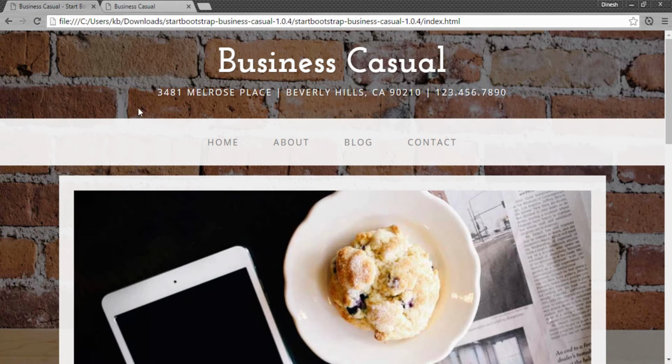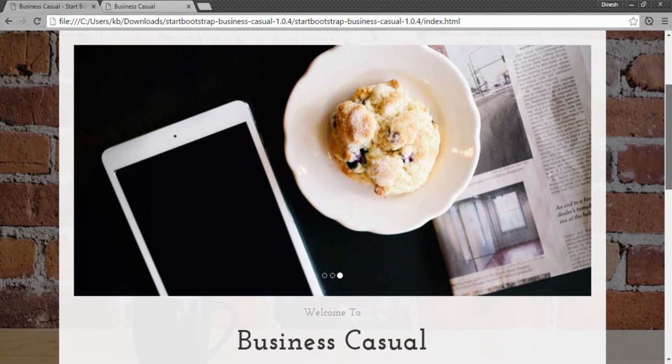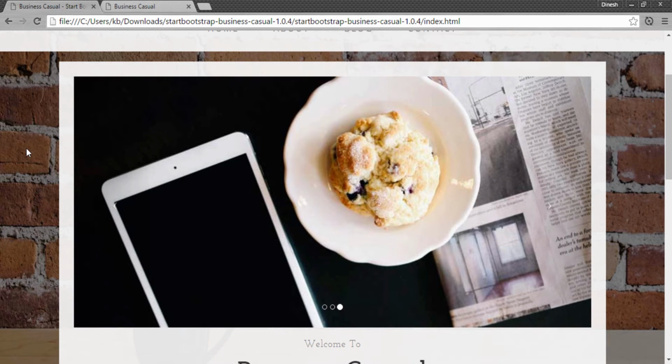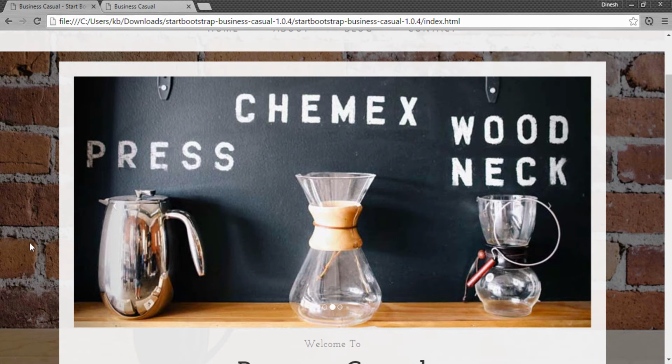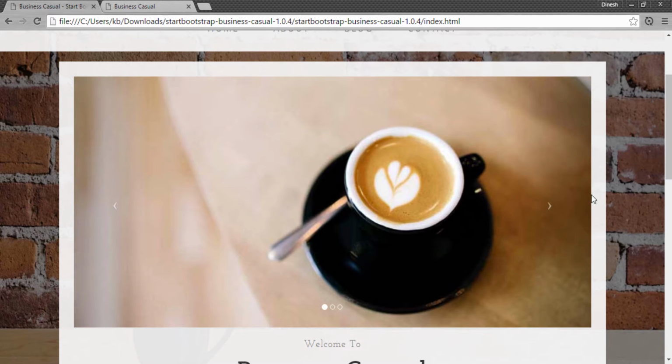In this tutorial we will basically focus on this carousel. This carousel is nothing but an image slider. Bootstrap provides support for creating an image slider. This image slider has three components basically. First is the wrapper for holding an image, and into this wrapper the image slides after a certain interval. And the second component is the carousel controls.